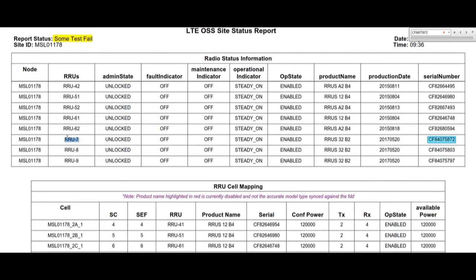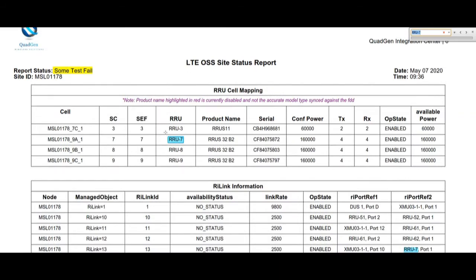We can take this information here, copy that just like we did before, and paste it in that find in the Control F function box right here, which is just finding all the occurrences of RRU-7 in this health check. And we're going to go ahead and start to find them. All right, so we can see there's the first occurrence, here's the next occurrence, and this is where it's going to tell us exactly what radio we're looking at, where it's at, how much power is available on that node, and just a whole bunch more information about this